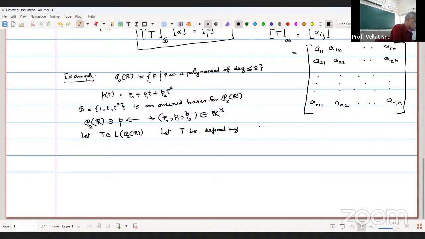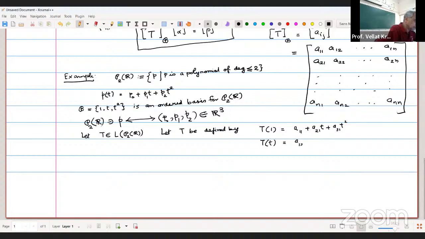So it is defined by T1 equal to A11 plus A21 t plus A31 t square. T t is defined by